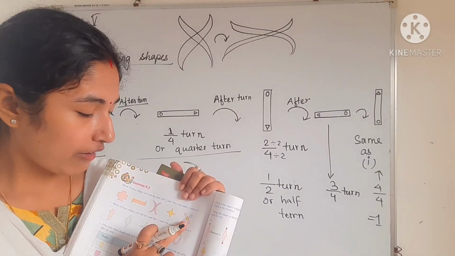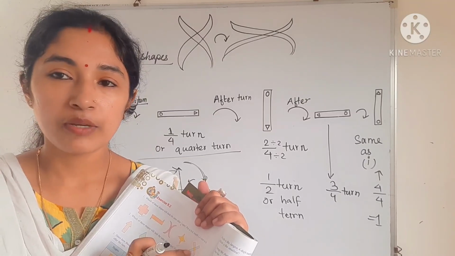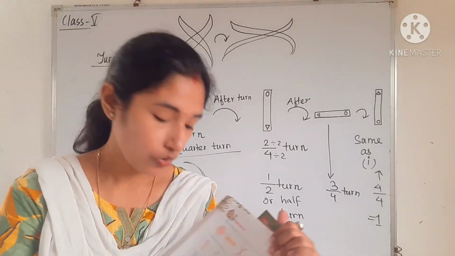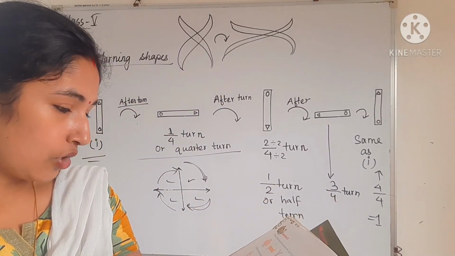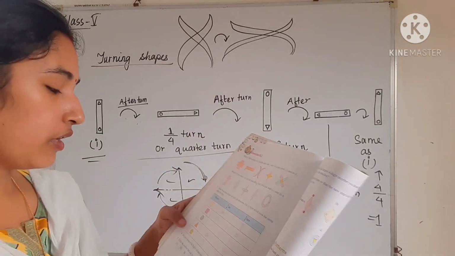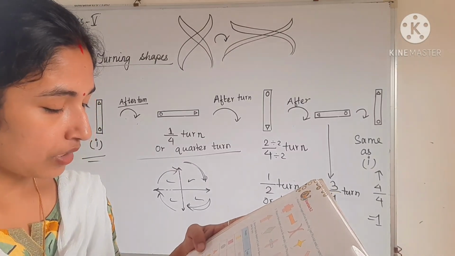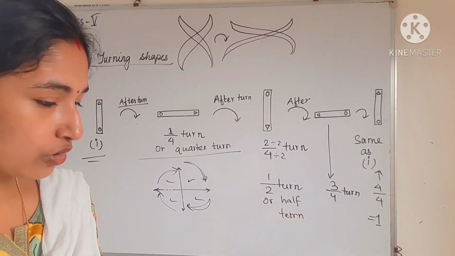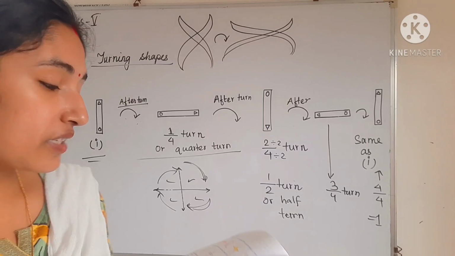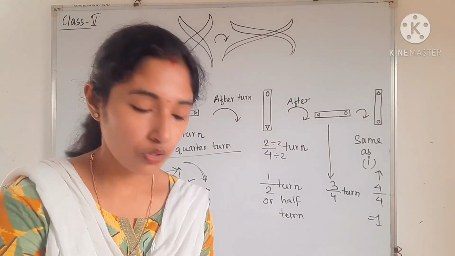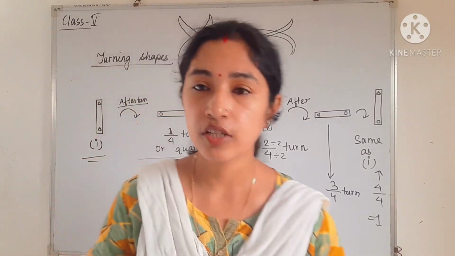Again, number 5 will not be same, because see, the color is different. Okay, if the color will be same, then we can say that we will get the same one. Okay, so like this you have to do the question number 2 and question number 3. You have to do it in book itself. Then, students, you can do question 4, 5, because all you have to do in all the topics includes the turning of shapes only. Okay, so try to do the questions. If you find difficulty, you can ask. Okay, students, then I am finishing today's class.